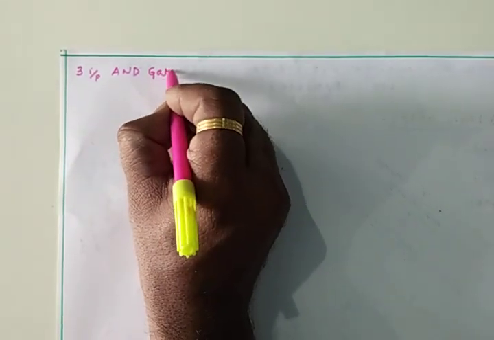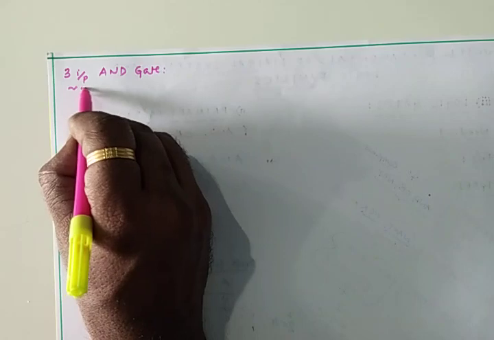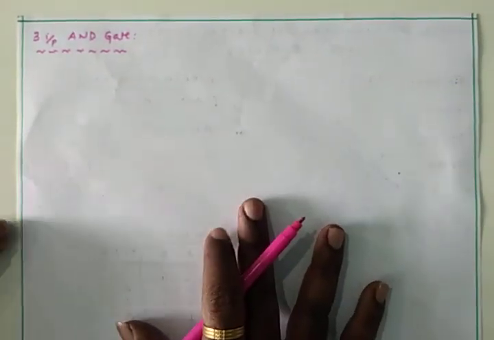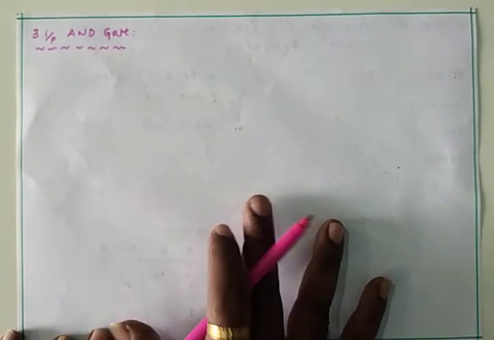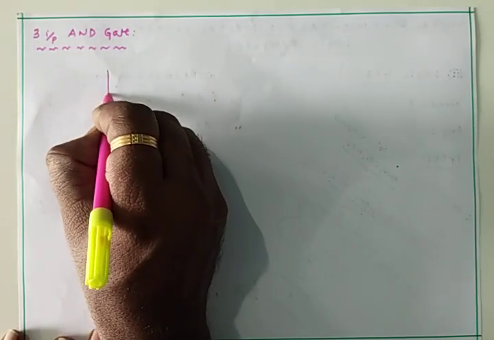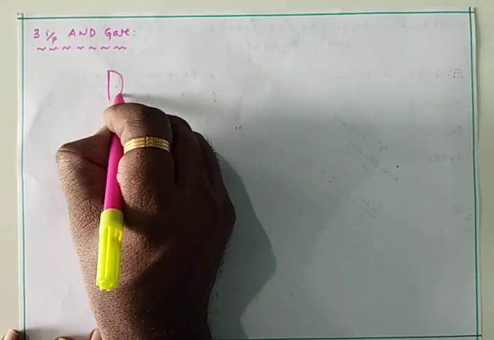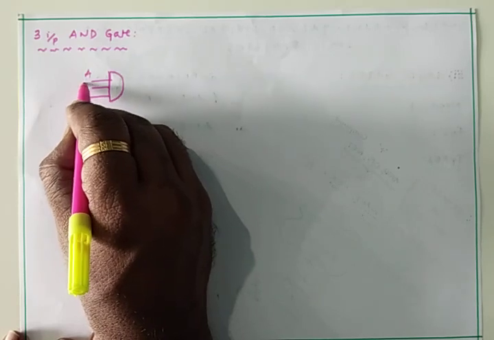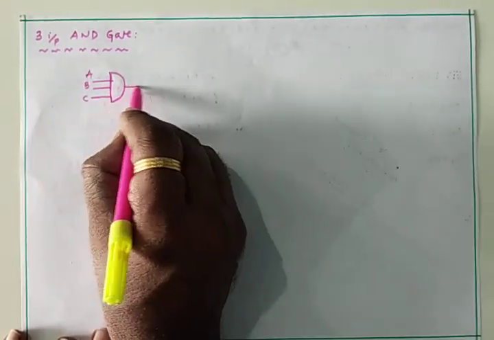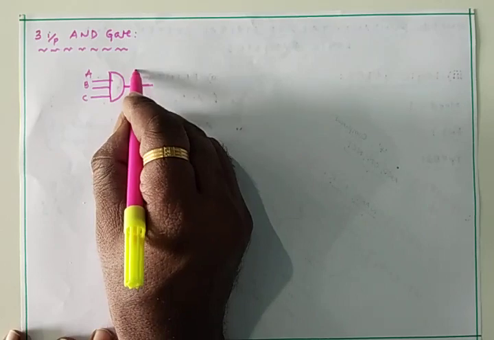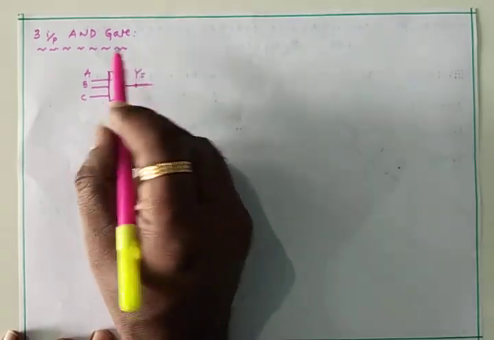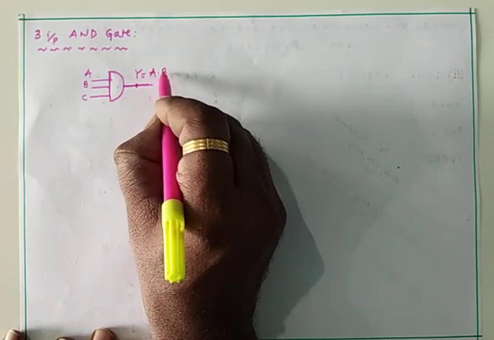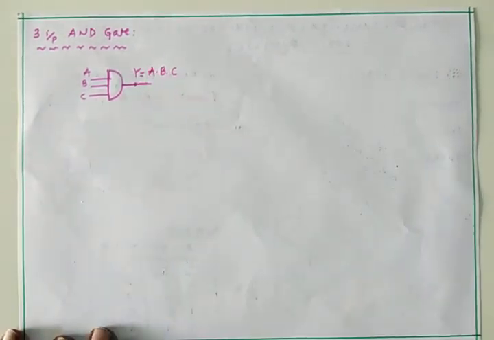We know that the AND function is nothing but a product of the input signals only. So I am going to give 3 inputs, so this is the AND gate with the 3 inputs. Now I am assuming the 3 inputs are A, B, C, and whatever the number of inputs may be, the output remains the same, that is Y. Y is the output of the AND gate, which is the product of the input signals only.